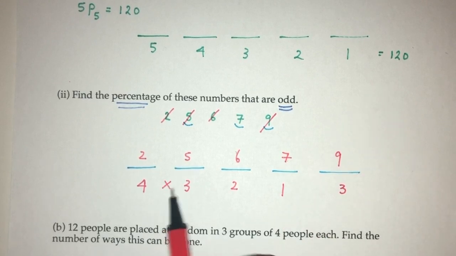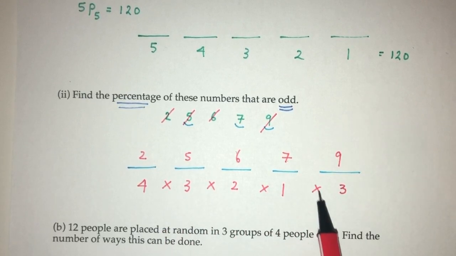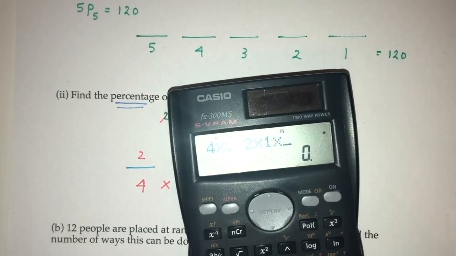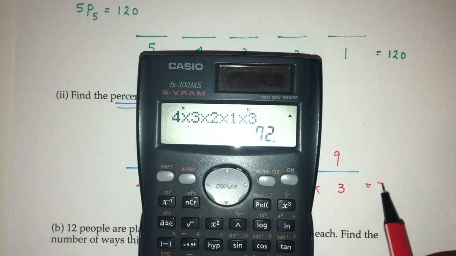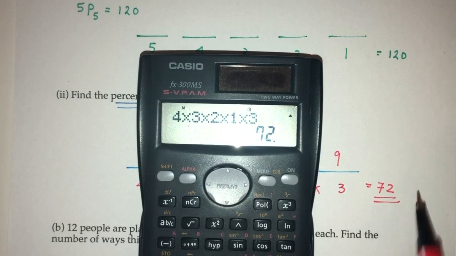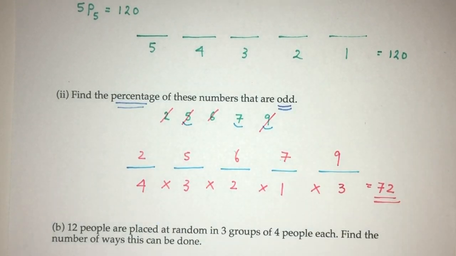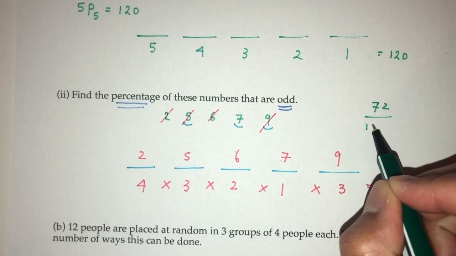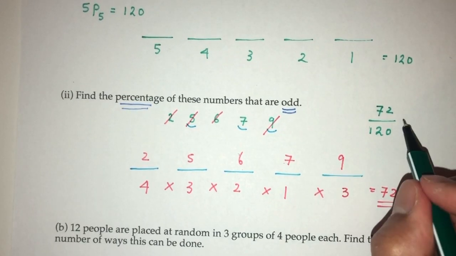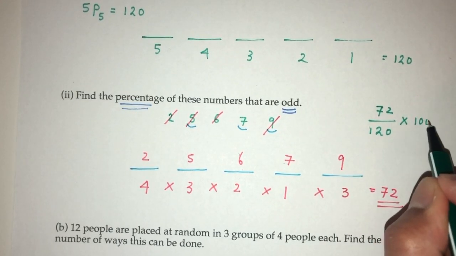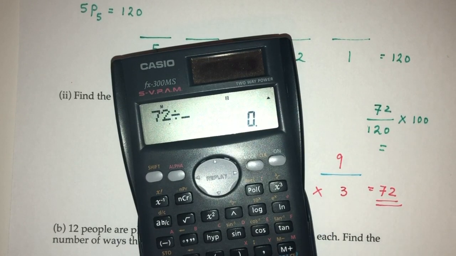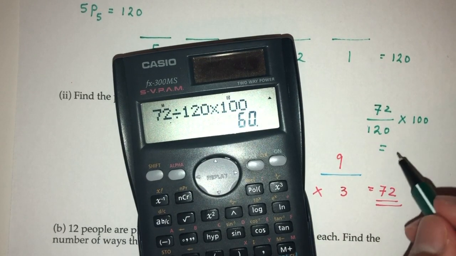So your answer will be this times this times this and times this: 4 times 3 times 2 times 1 times 3. That will be 72. But again, this is not your final answer. That is only 1 mark of the question. You have to provide the percentage, which is 72 divided by the total number of these numbers times 100. 72 divided by 120 times 100. That will be 60%